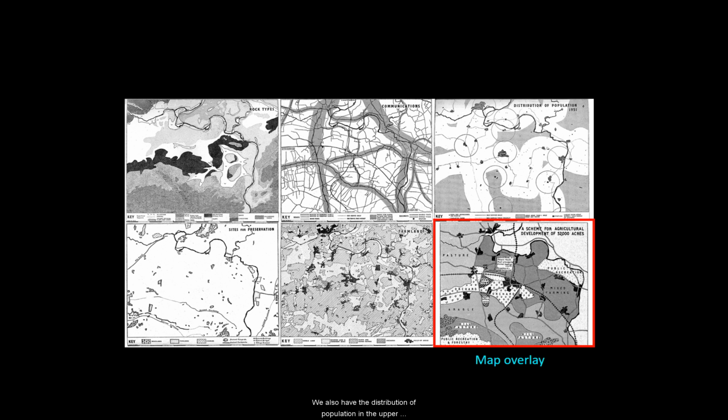We also have the distribution of population in the upper right-hand corner. In the bottom left, we have sites for preservation. And in the middle, we have farmland. And then in the bottom right, we have a combination of all those map layers combined